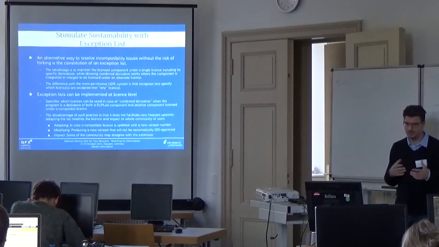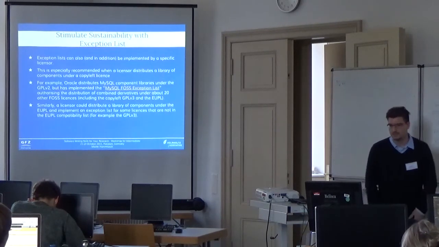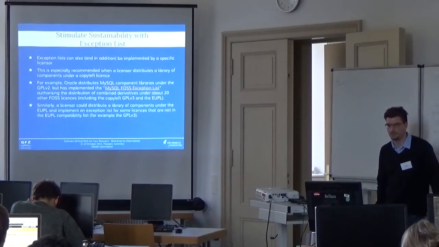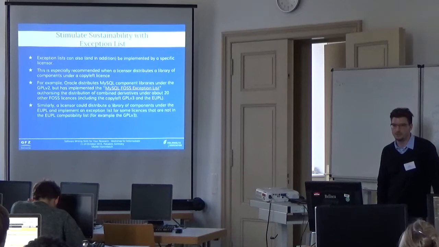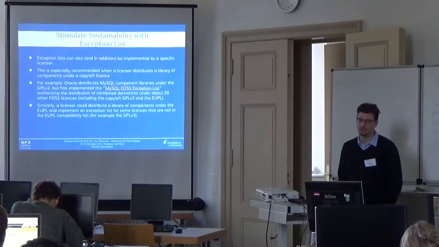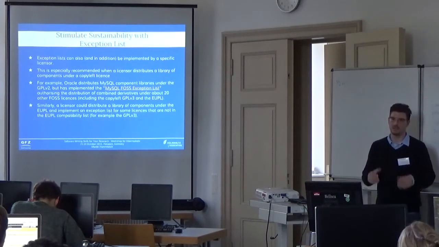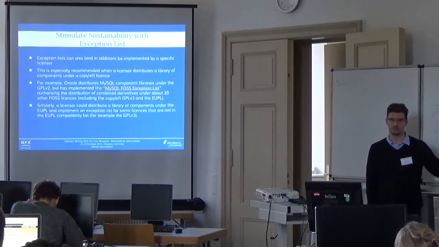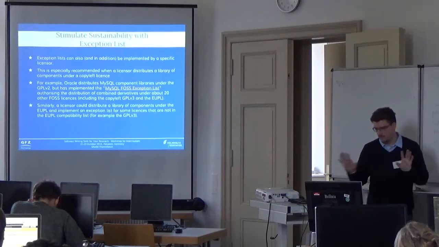Then you have a sort of exception list. I don't like to go into that, but basically one example is, for example, MySQL has a so-called FOSS exception list, and normally it's distributed under GPL version 2, and with this exception list they allow that derivatives under other licenses can also be distributed under these specific licenses, which basically means you should have a look at bigger projects, what sort of license it is, and if it's a copyleft license, do they provide a sort of exception list, and if this exception list also contains the license I'm using, then everything's fine.